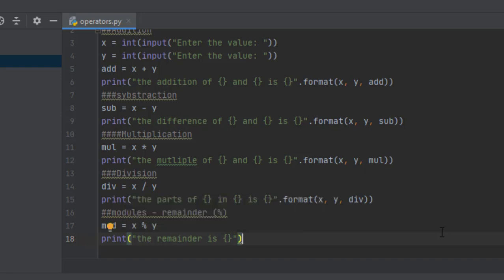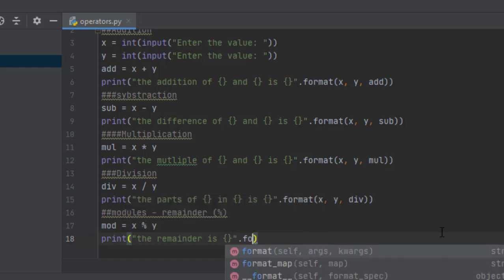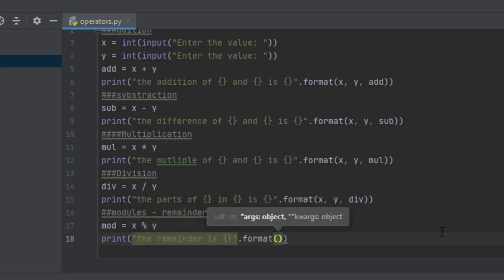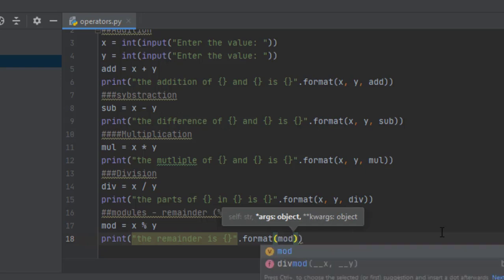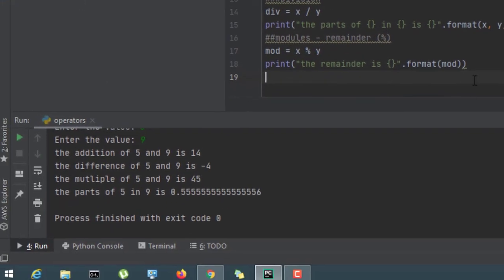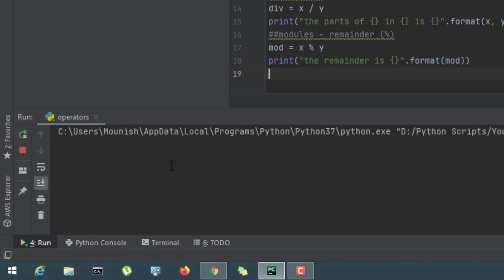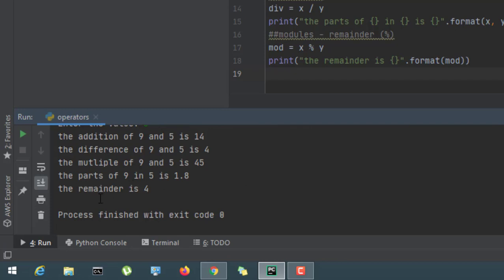I'm not printing the x and y values because you already know what they are. I'm changing the x value to 9 and the y value to 5 here. So the remainder is 4. When 9 is divided by 5, 5 ones is 5 and the remainder is 4. That is what it is.